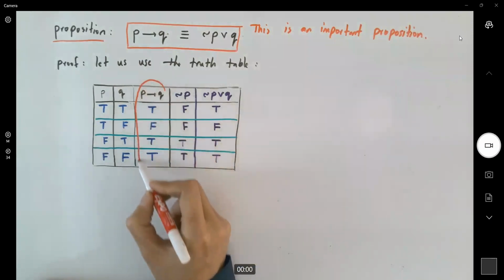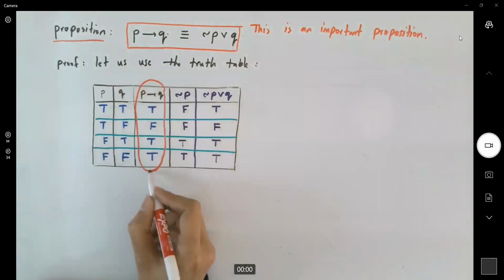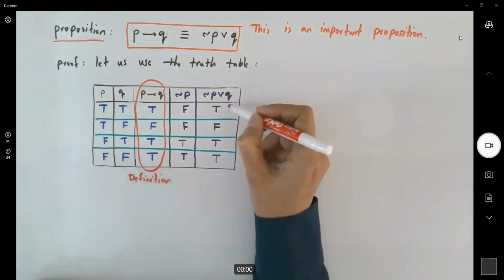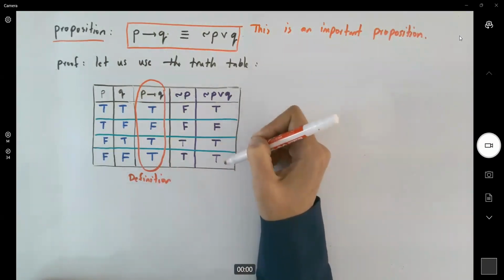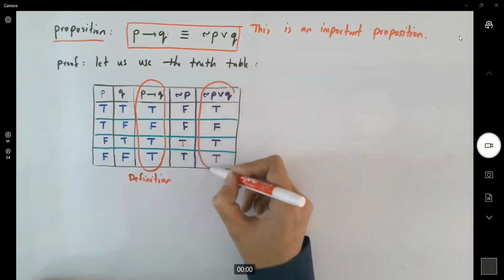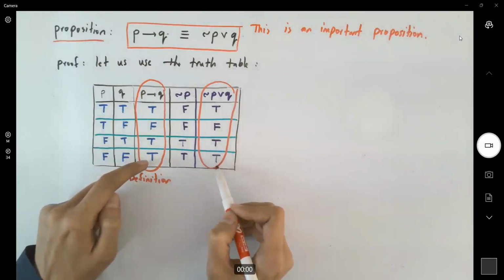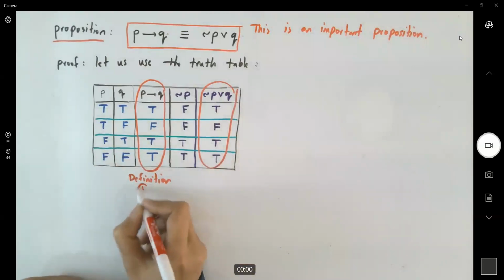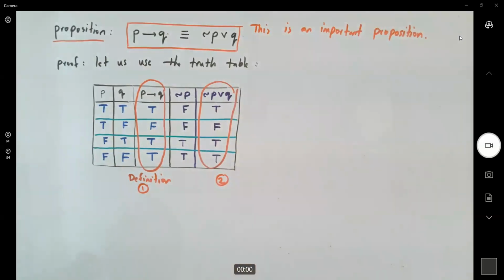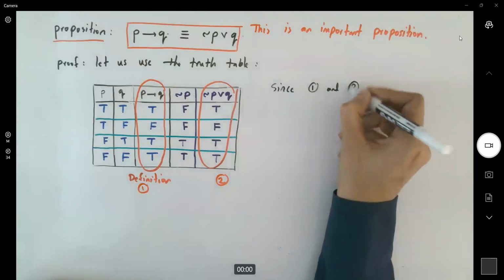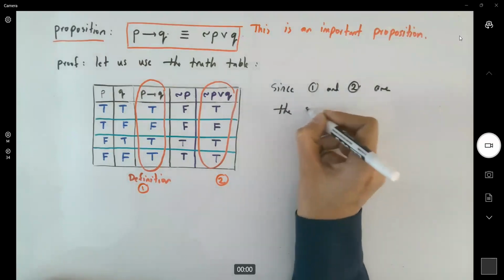Well, my first statement, P then Q, has a definition. Guys, remember, it is nothing but the definition. But this one is the one that you just created. True, true, false, false, true, true, true, true. They are exactly the same. So this is 1, this is 2. Since 1 and 2 are the same